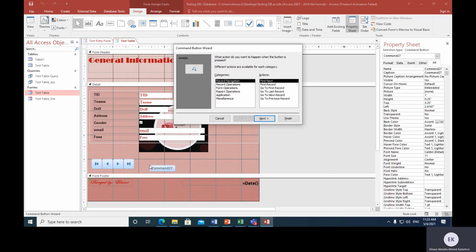Remember, I'm not going to have all of these controls by any means. Within the project, if they ask you to add find next, you have to select this one. If they ask you to find a record, you have to select this one. So I'm just going to stick to these four buttons within the navigation buttons. That's it. Within the record operations, I'm going to select add a new record,